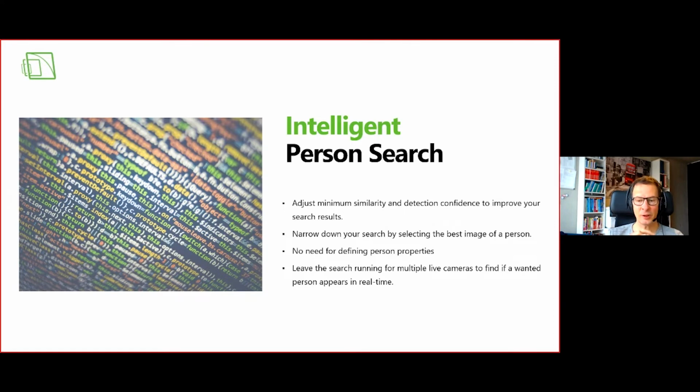And then at the end, you can run the search for multiple cameras, not only for one single camera. You can find it in the live view as well as in the recordings. And that's very important. So it's a forensic tool, but you can use it also for live analysis. If you identify, for example, in a live picture, one person, you can use the person search for identifying him in different cameras to track him.